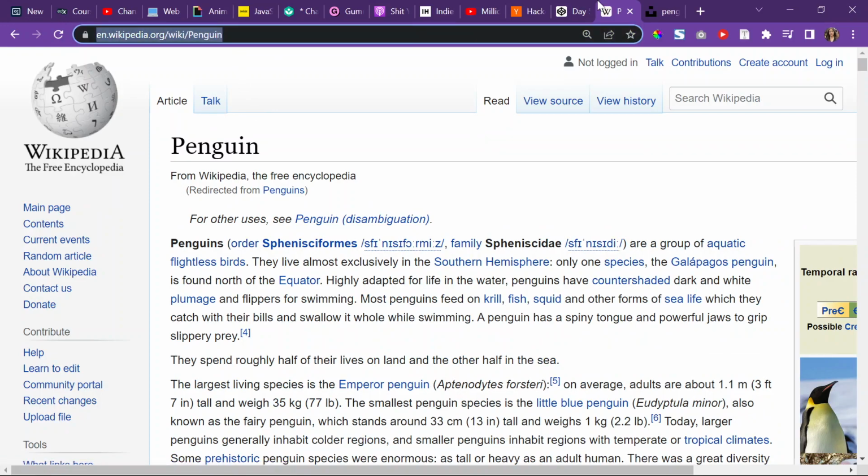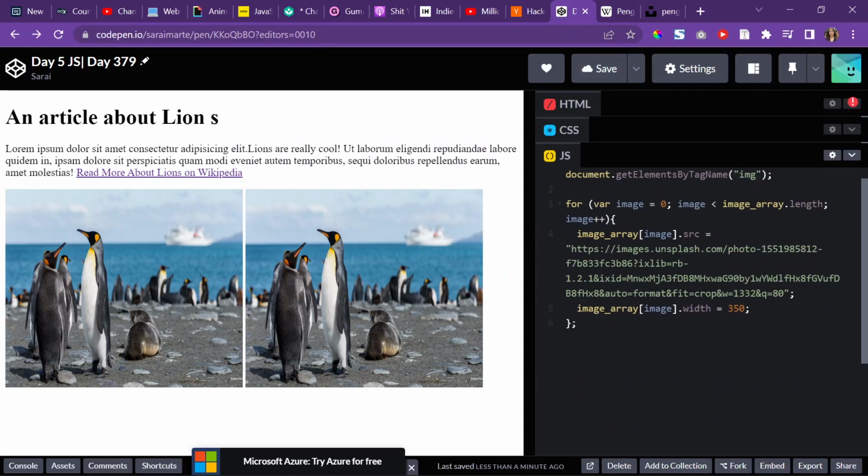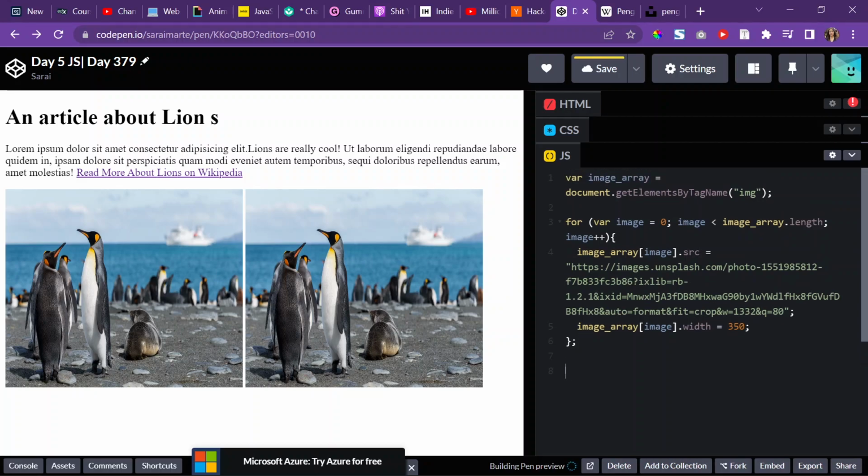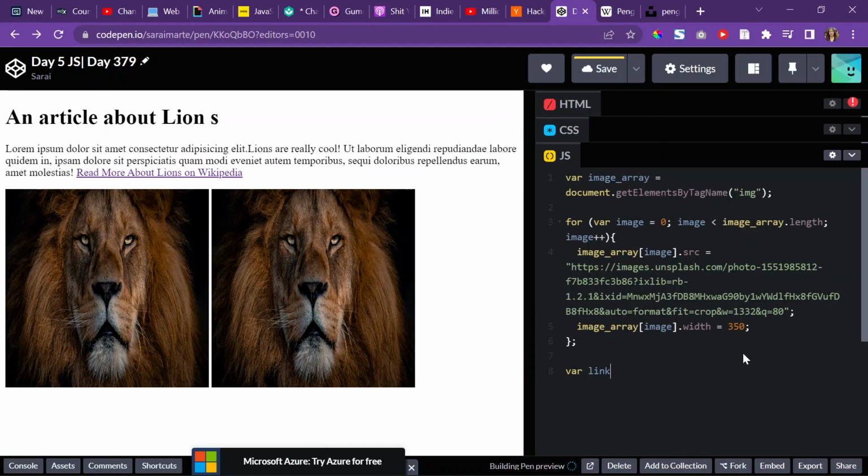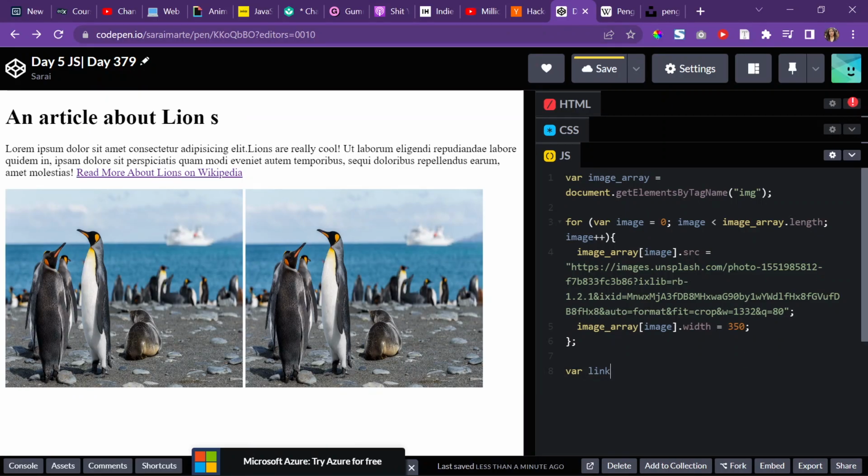Alright, so this is the link to the penguin page, and so I'll just go ahead and now basically create a new variable, and I'll call it link. I could do this in a way where I'll do it in two ways. Okay, so I'll do it with just this example. So because it's just one link, I can use the same tag. Actually, no. Because it's just one link, let me think. I can do